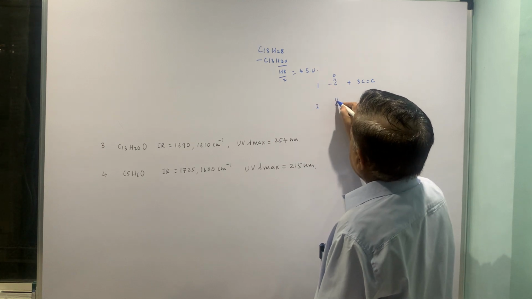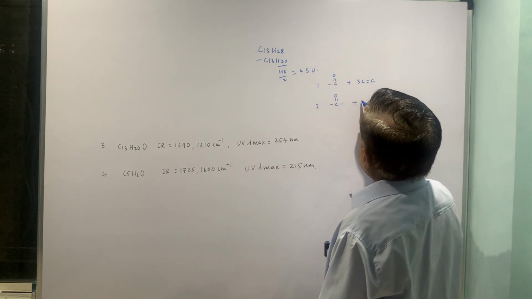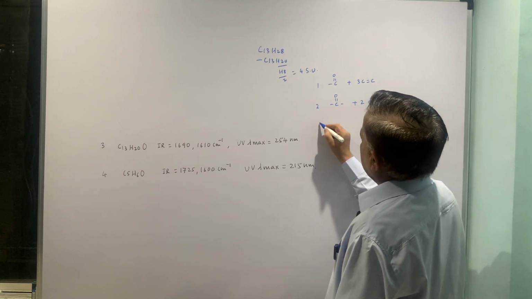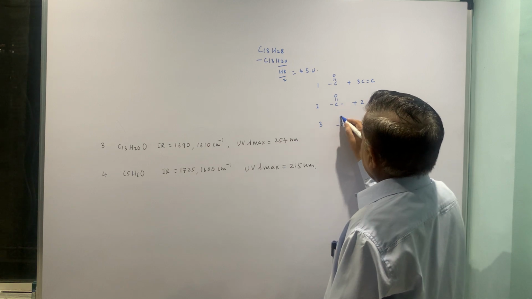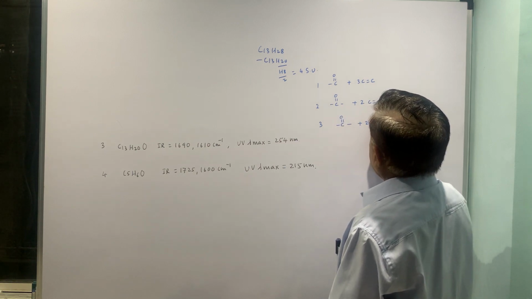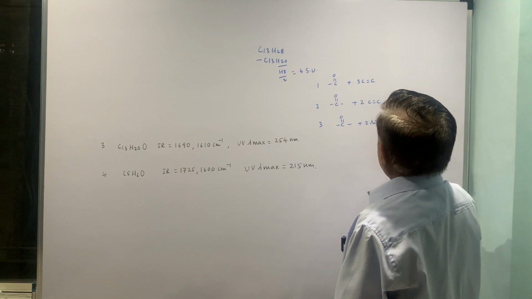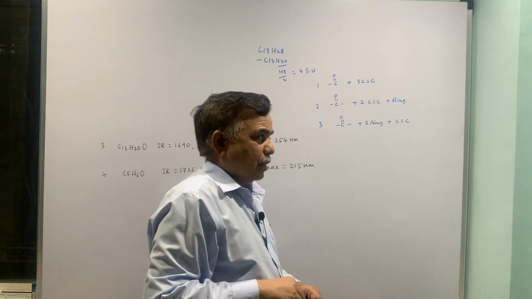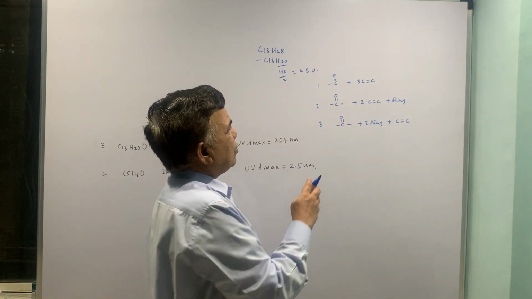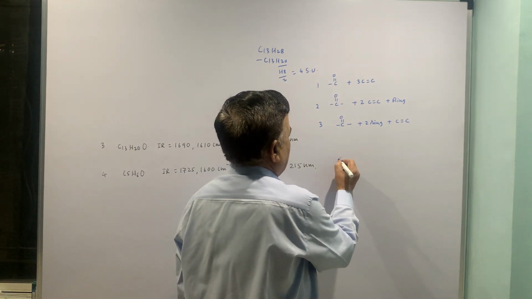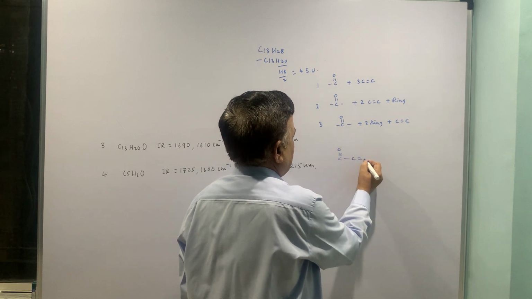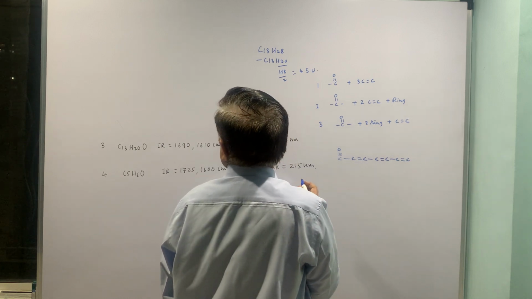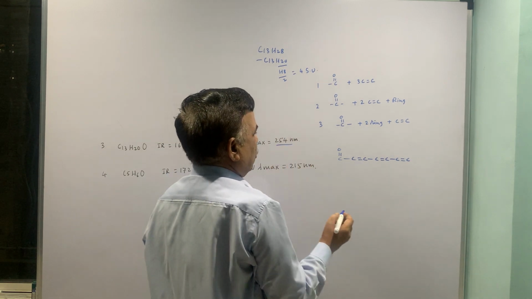Second is carbonyl plus 2 pi bonds plus ring, second possibility. Third is carbonyl, 2 rings and 1 double bond. So you have to write down the possible structures for these kind of situations. So 1 carbonyl and 3 double bonds, I will just put them in this way. The lambda max constraint is there, that is 254.